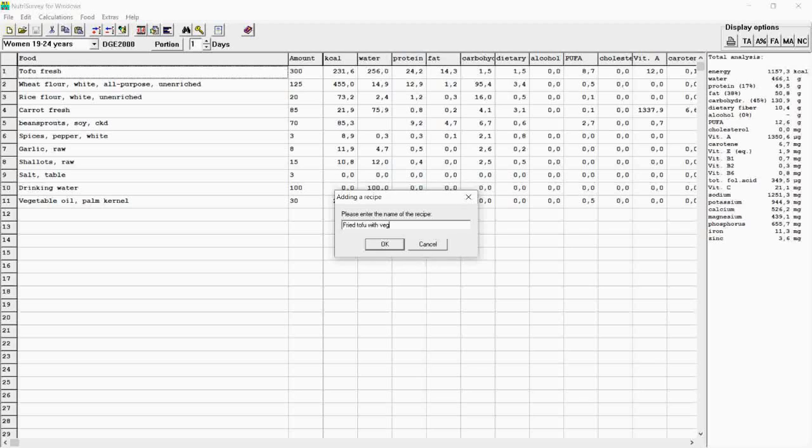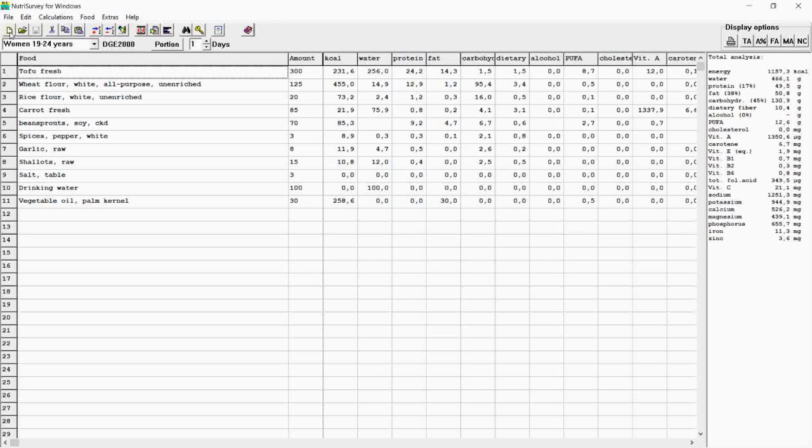This is really specific to a certain area, since different areas have different standard recipes, so you might also add additional info of the area or district. For example, fried tofu from city A. Then we may click OK. After this, it should already be saved as a new food named fried tofu filled with vegetable.